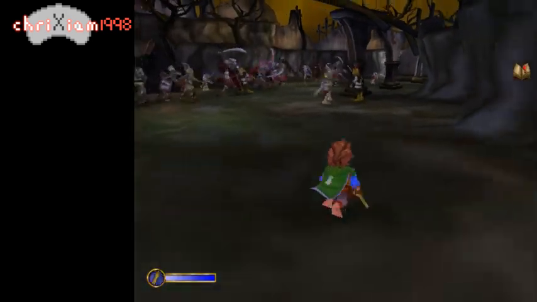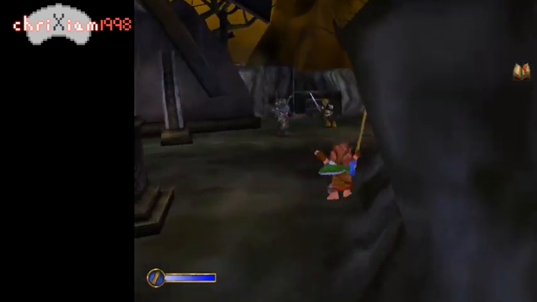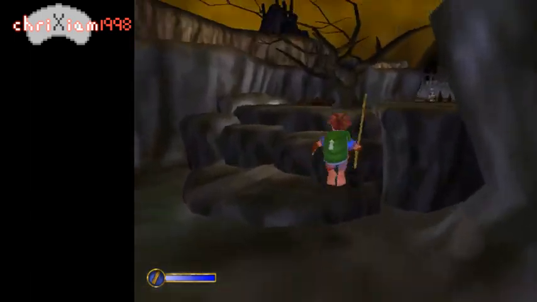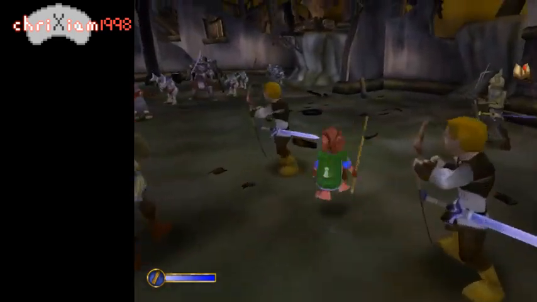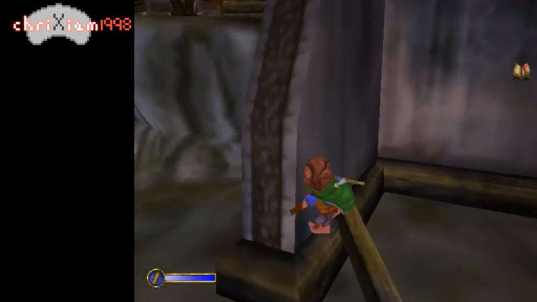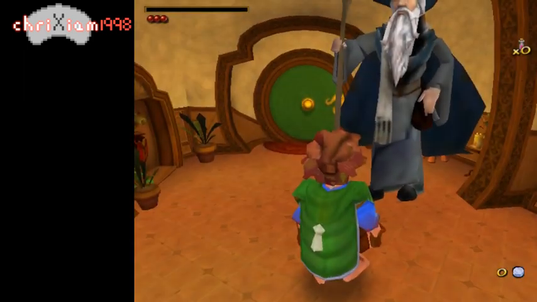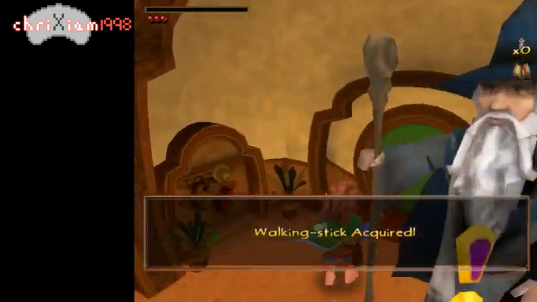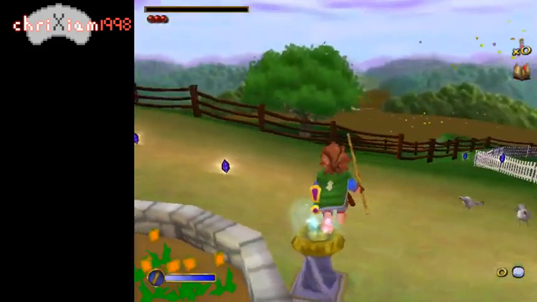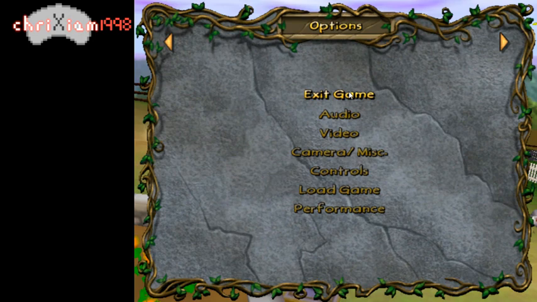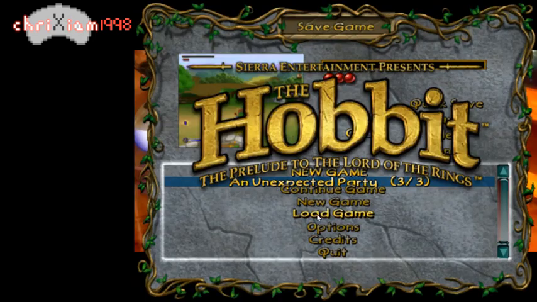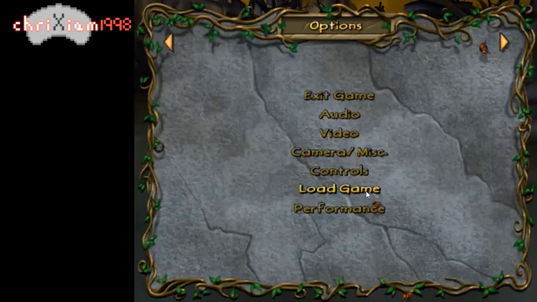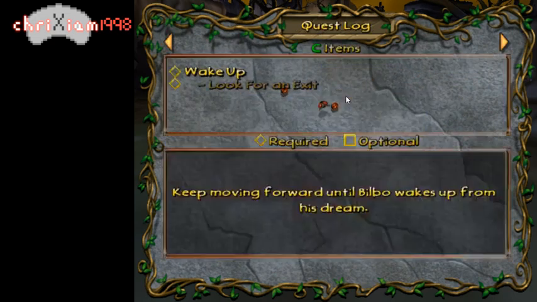So once again, the whole route for the category is make it past Dreamworld. Just like that. Breeze through Unexpected Party. Save so you have a save to load. Duplicate your save menu. Duplicate your pause menu. Exit the game. New game, skip the cutscene, save in Dream World, use that to duplicate, and then 11 of these,